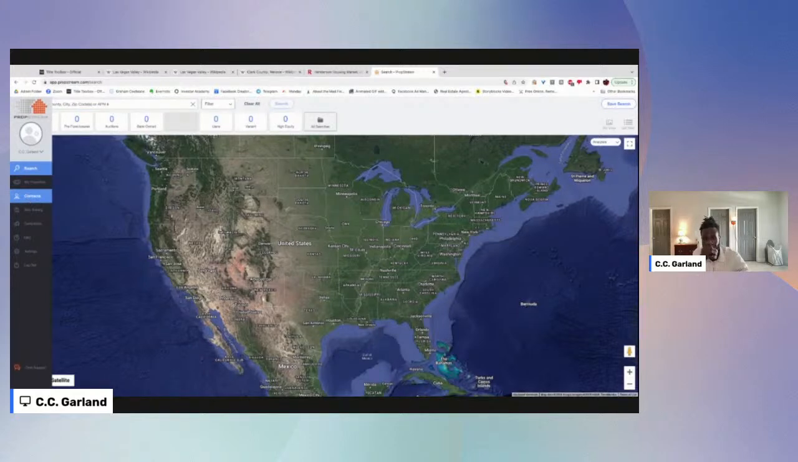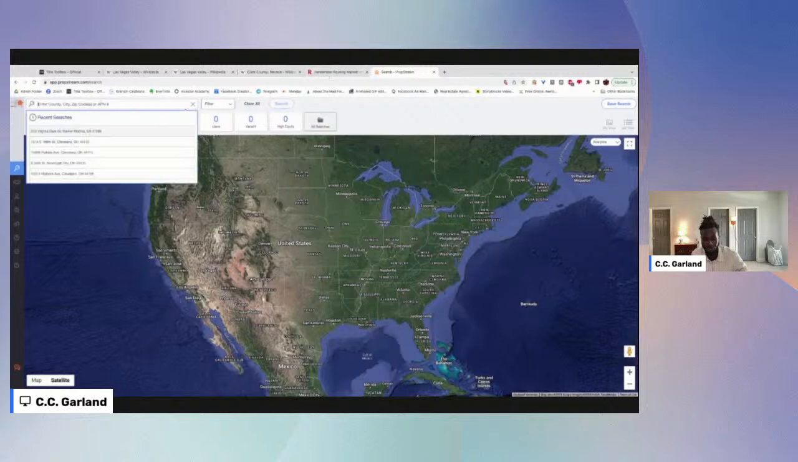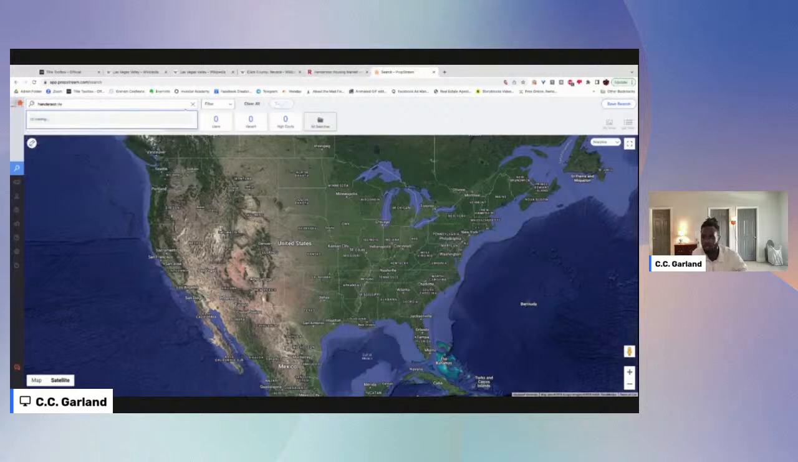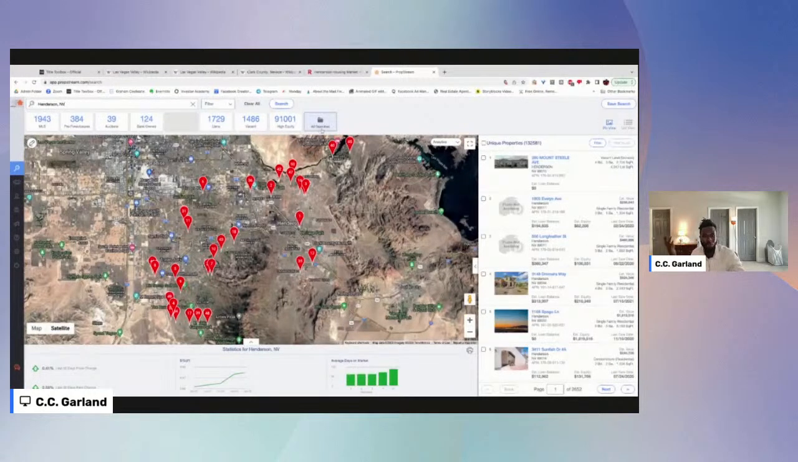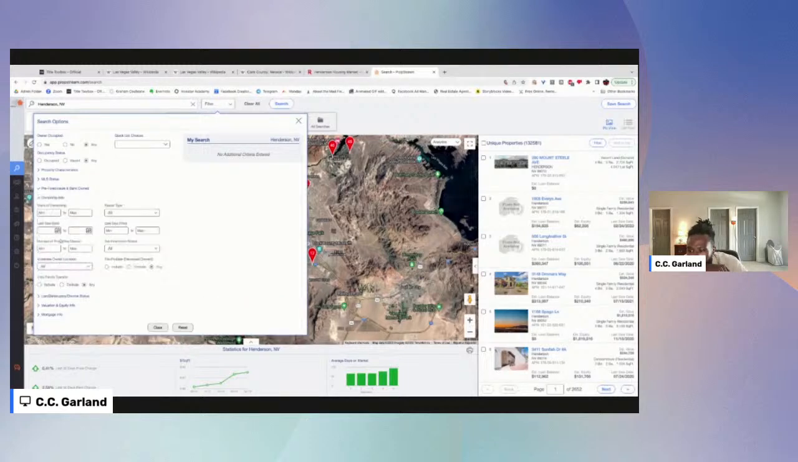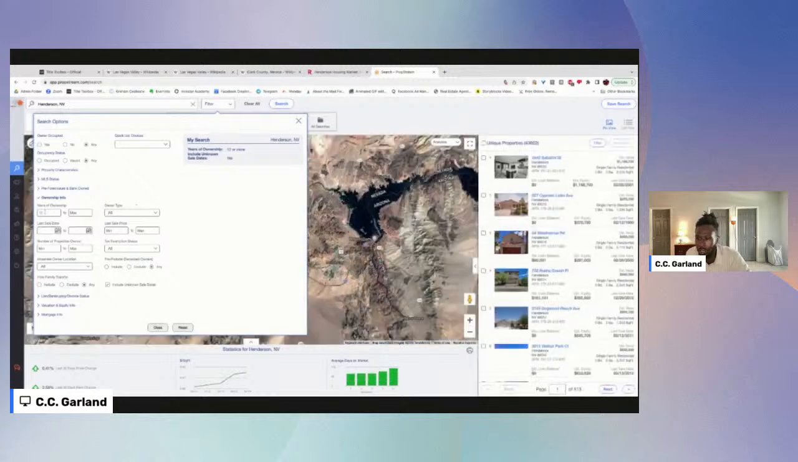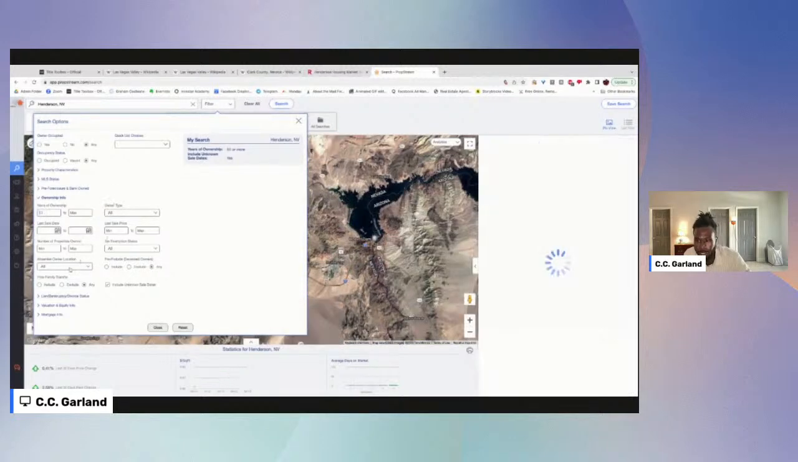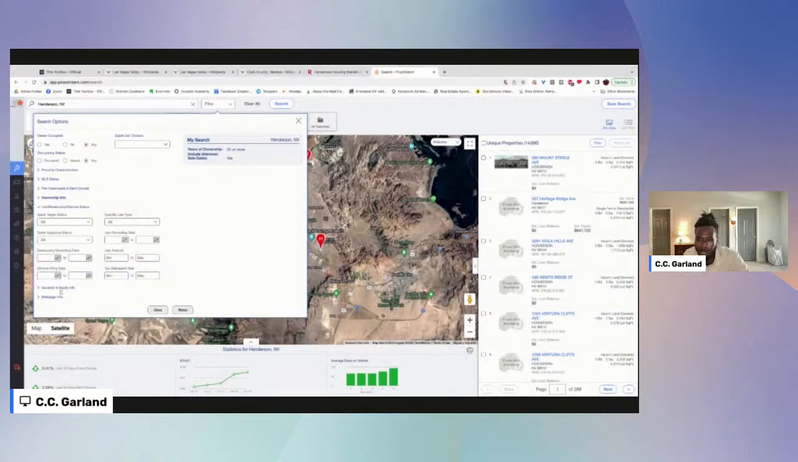if I go to PropStream and I type in Henderson, Nevada, right? Henderson, Nevada. Guys, what do you think everybody's going to do? You think they're going to go and try to create custom filters in here and say, well, let me only focus on the people that have owned their houses for a minimum of like 10 years, right? Or maybe like 30 years. Some people may do this. Or, let me go and only find the people that